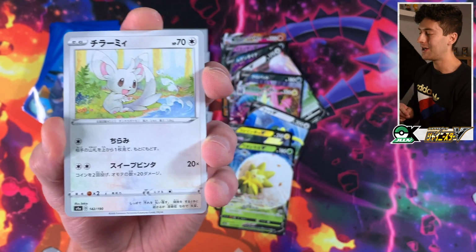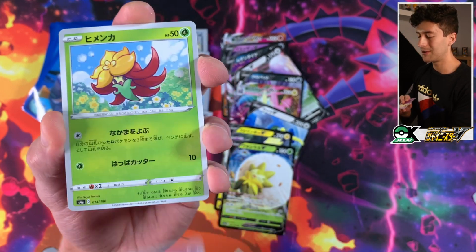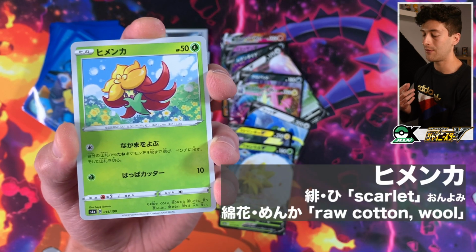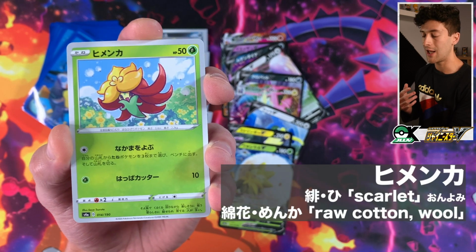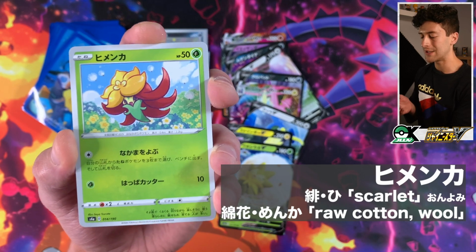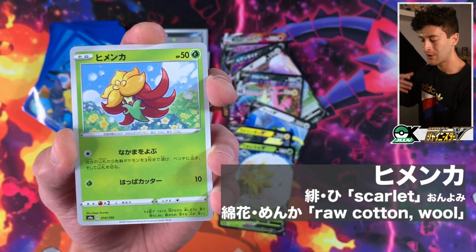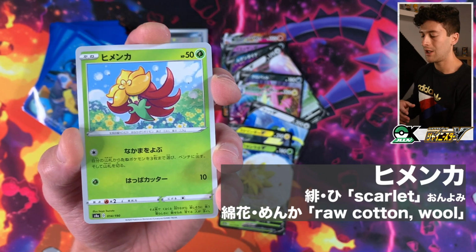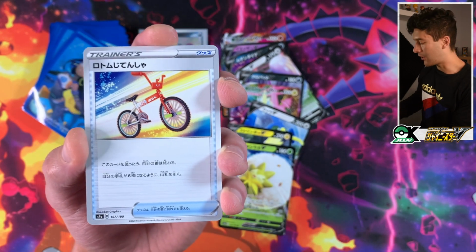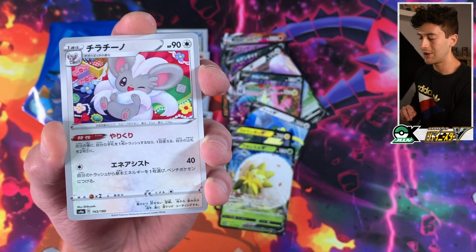All right, we got Shirami, we got Maomiru, we got Himenka. Hi is a reading of the Japanese word for scarlet, and Menka is the Japanese word for raw cotton. So Gossifleur is obviously got the red hair, or the red theme on its design. Himenka, scarlet cotton. Alright, we got Rotomu Jitensha, we got Chirachin,